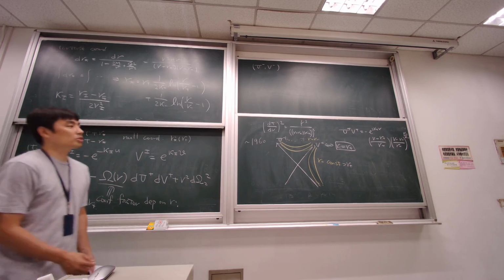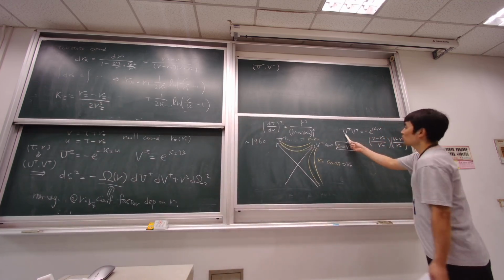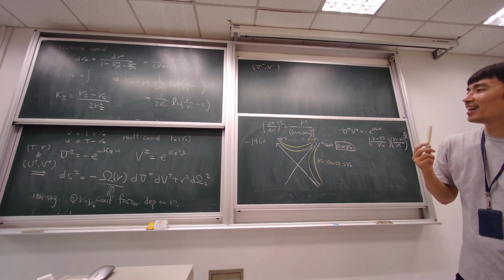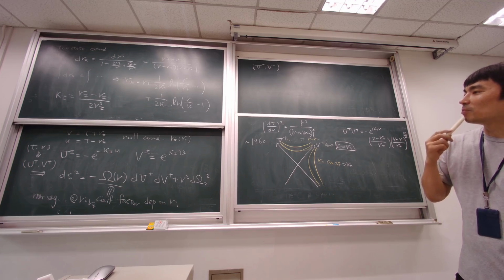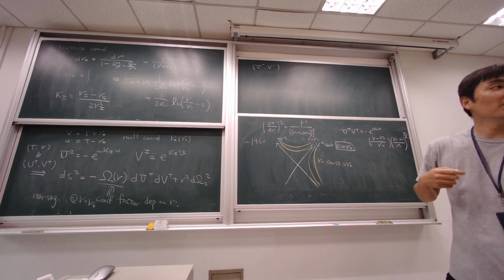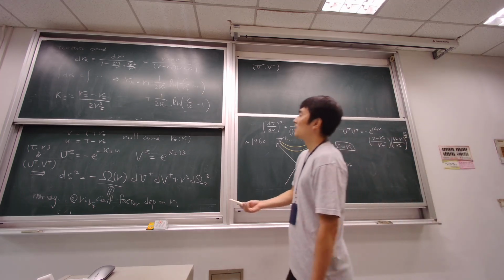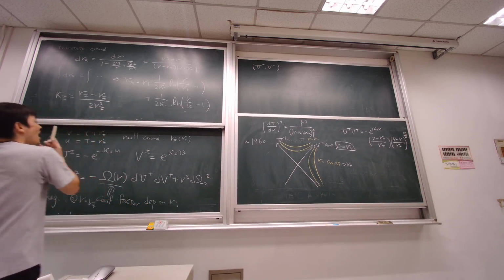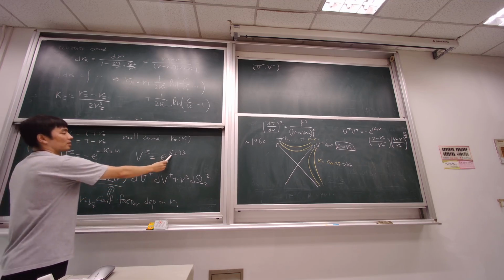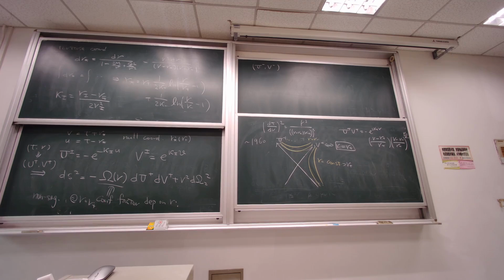Wait a second. Which one is the R equal to? Which one becomes 0? Both become 0. U plus becomes 0, because B is minus infinity, right? B is minus infinity. So it should be B plus. If it is plus, then it is minus. Then this becomes 0, right? Yeah, this becomes 0, right?